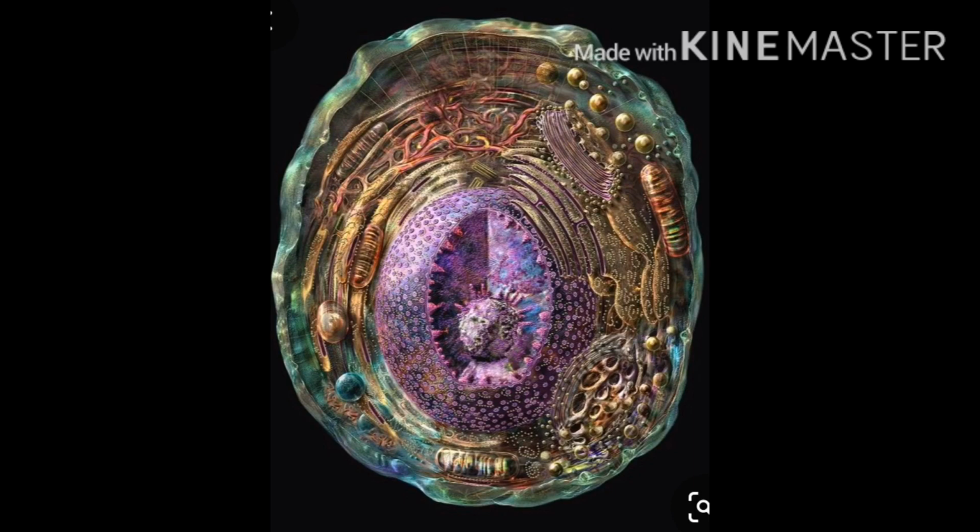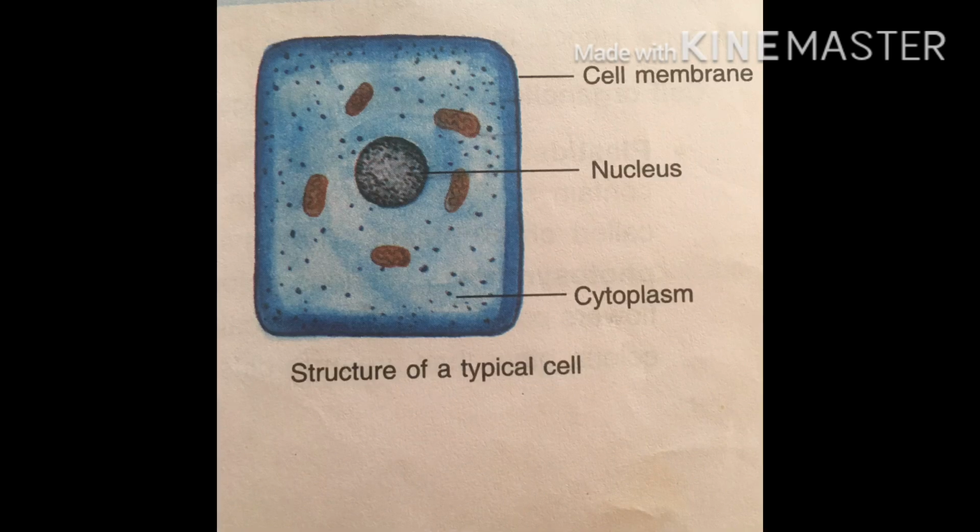We are going to talk about the parts of the cell in this video, and we are going to study the various parts of the cell. So let's start our video from the parts of the cell. You can see here a basic typical structure of a cell. The outer layer is called the cell membrane, and the center hole is called the nucleus, and inside that a jelly like material is called cytoplasm. Cell membrane is the outer layer, also called a plasma membrane.